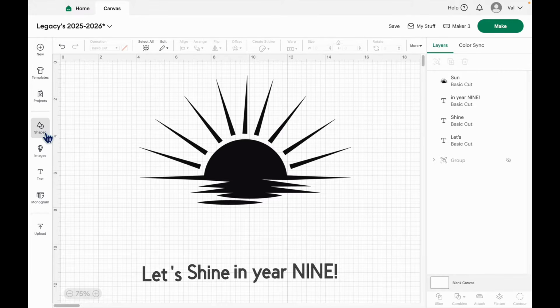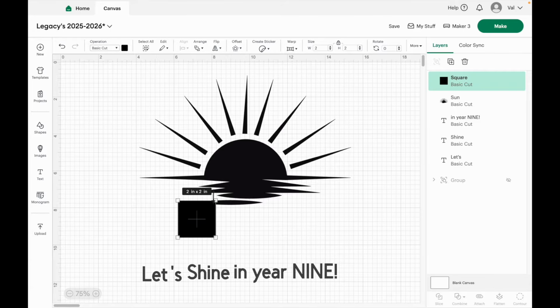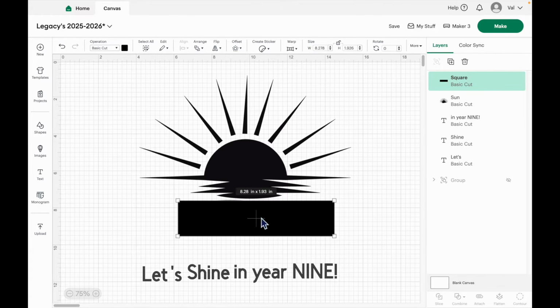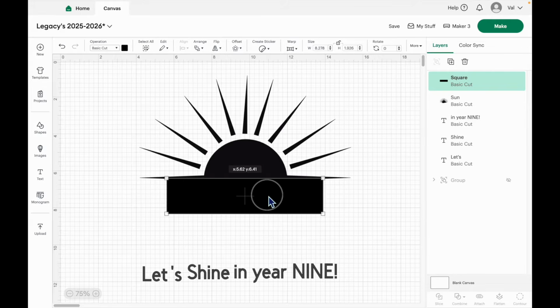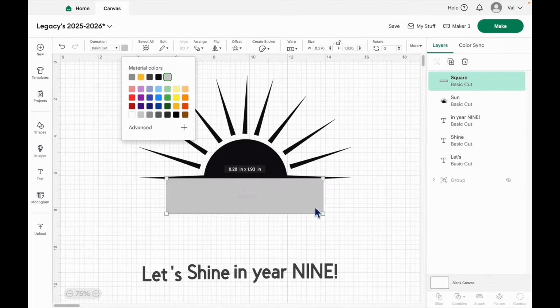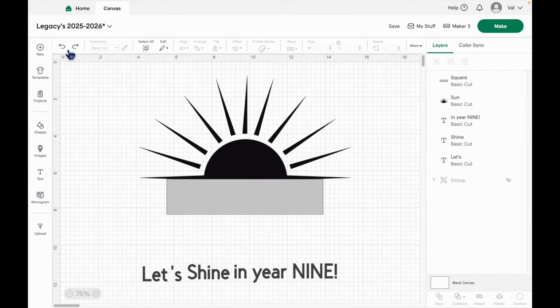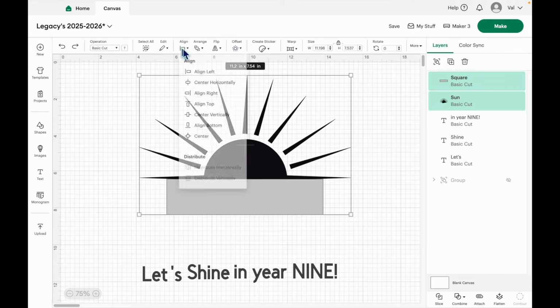I came over to shapes, grabbed a square, came up to size and went to the lock to unlock the square to make it a rectangle. And then I brought it up. And what I'm going to do is, just so I can see a little better, make the rectangle a light gray. Okay, so now I'm going to highlight over the sun and the rectangle, come to align,